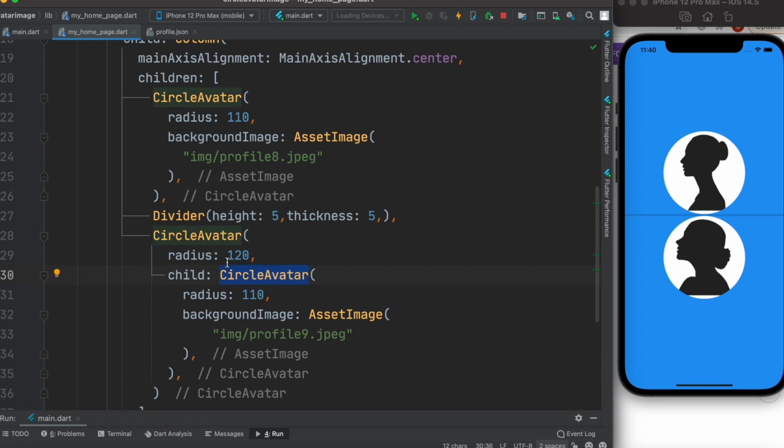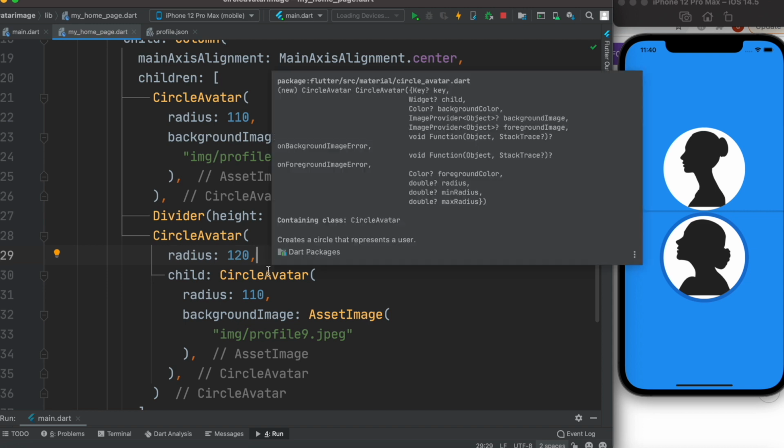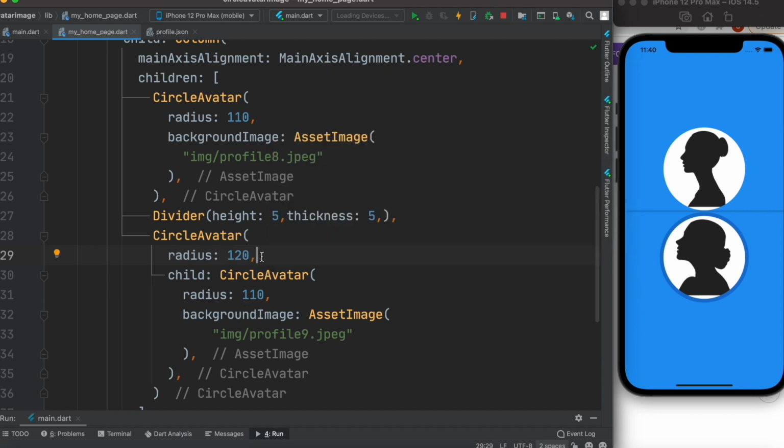So it is an extra 10 radius, I would say, in total. Now of course you run it, you'll see things like this. So it gets a default color and border like this. Of course it's getting a border because our radius is bigger than the inner radius. So if you have two CircleAvatars and the outer radius is bigger than the inner radius, then definitely you can create this kind of